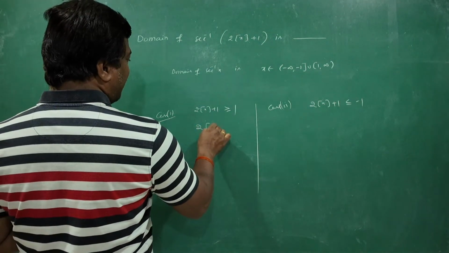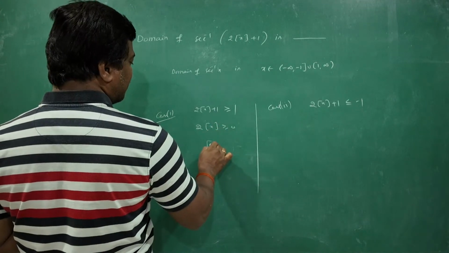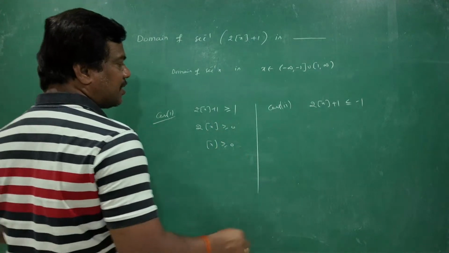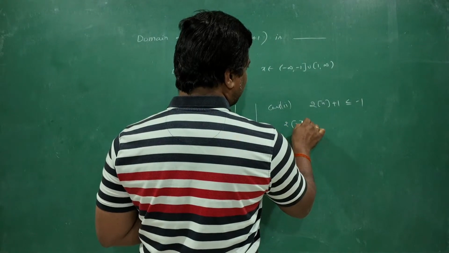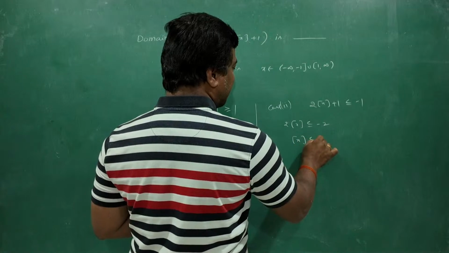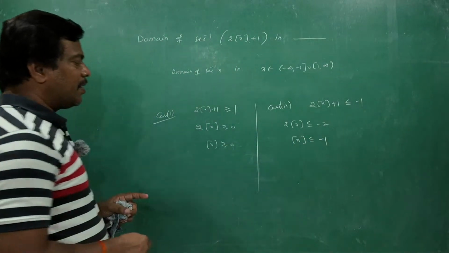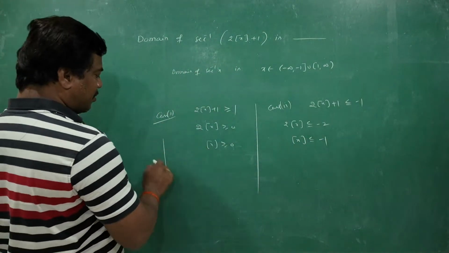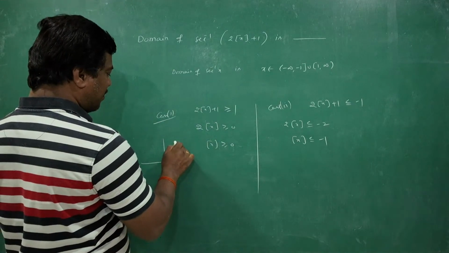Two times of step x greater than or equal to 0. Step x greater than or equal to 0. Here it is 2 times of step x less than or equal to minus 2. Step x less than or equal to minus 1. Step x greater than or equal to 0 means